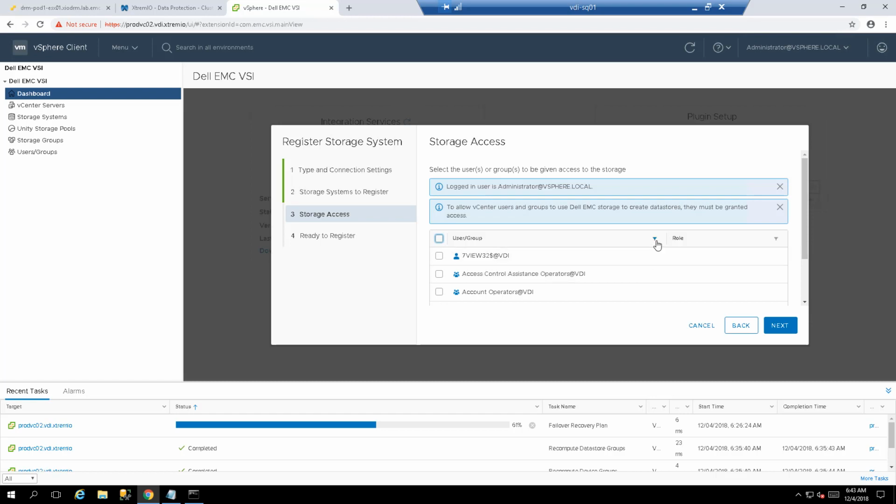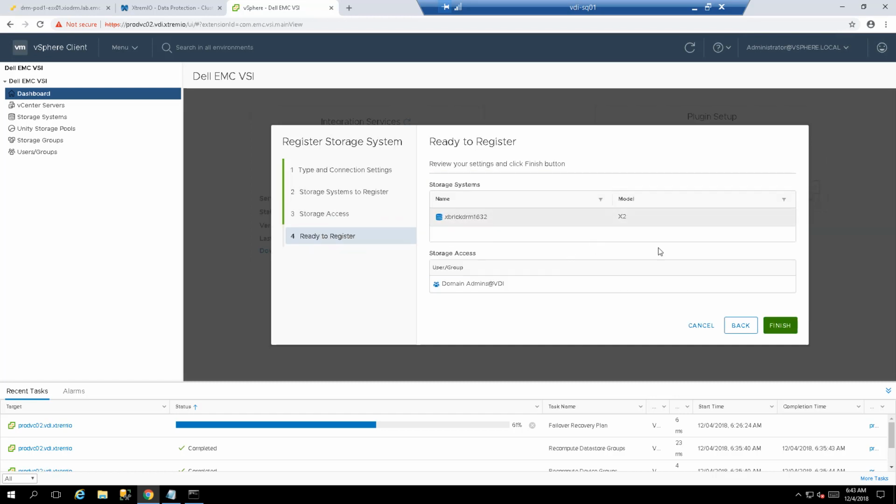So in my case, I'm going to give the domain admins some privilege here. So everything to do with a domain administrator in my domain, I want it to be able to do things to the storage array because it's very likely to be an admin on the vSphere environment as well. Your mileage may vary. Please consult with your team which user should be able to do storage related tasks from within vCenter. Once that is done, I'm going to click the next button,